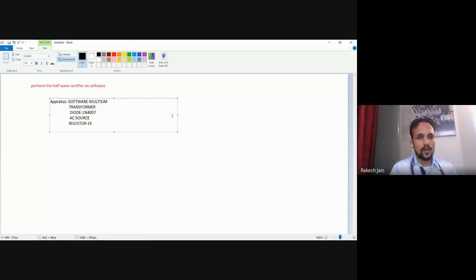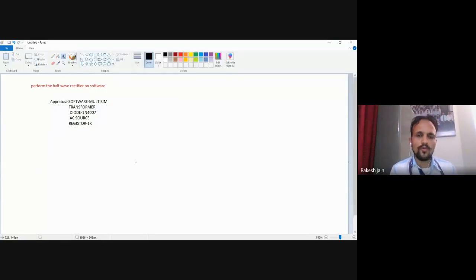Now I just want to talk about which kind of circuit diagram you will use to perform the practical. Once again, I am repeating the same thing: this is a practical lab, you should know how to perform the practical. Now I am going to teach you how to draw the diagram. Then after, I will start the software, and on the basis of the same diagram, I will select the components, connect them, and show you the exact waveform. Now see which components I should use.